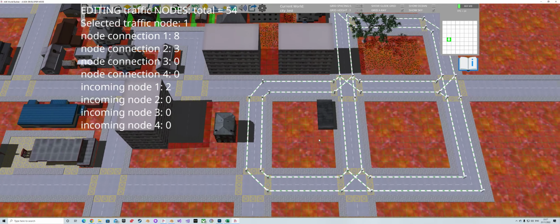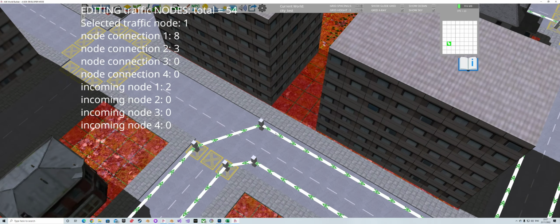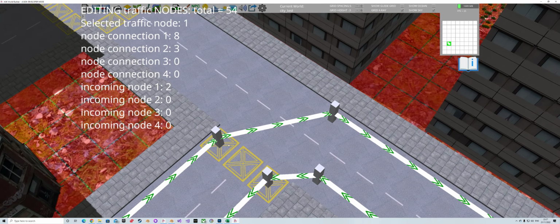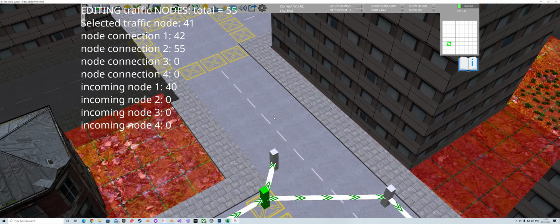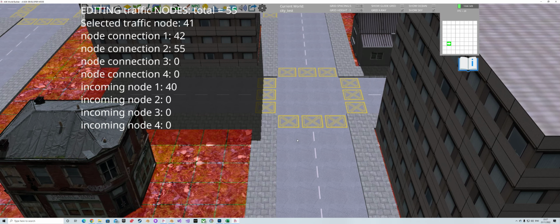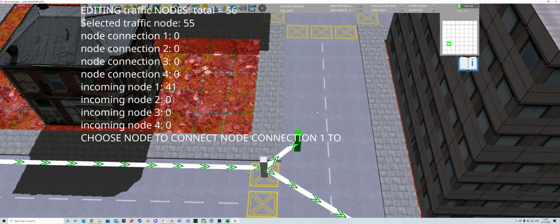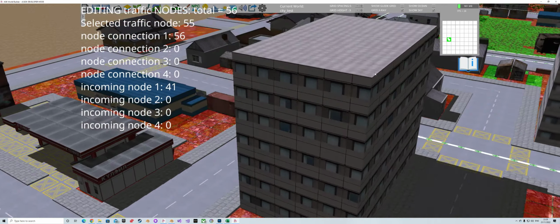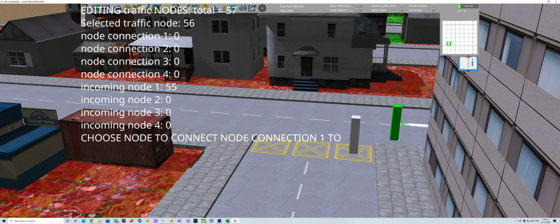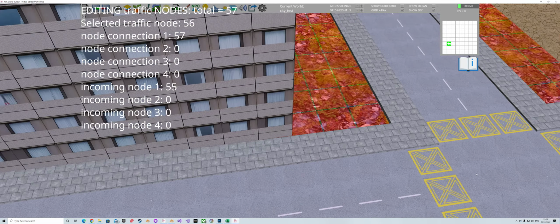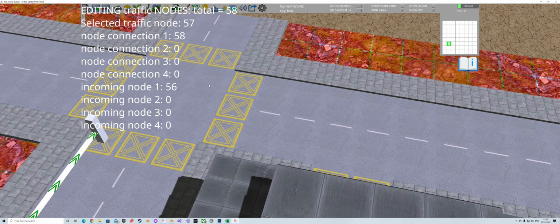I can build a bit of a network here. I extended it around, so what I'm going to do is very quickly throw in a couple of nodes, add a node there, and I'll connect that one up to it. So now the traffic's got a choice of going in that direction. Now I'm going to add connection 1 there, connect that node up. What I'm going to do is just drag this node around the building. I'll just create these nodes, and this is literally just creating a path that vehicles can potentially follow. Do that there,